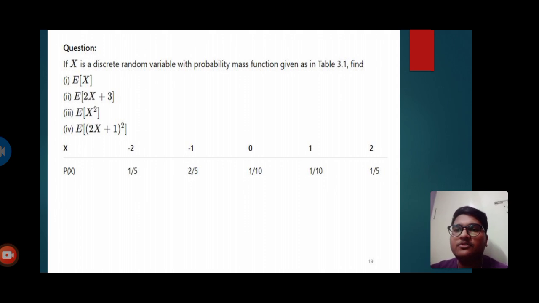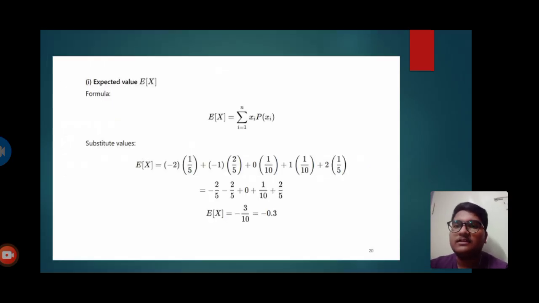Now let us try to apply the properties. Let us try to solve this problem using properties, right? Expected value E of x. Formula, as we know, expectation E of x is equal to summation i equals 1 to n of xi into p of xi. Substitute values of